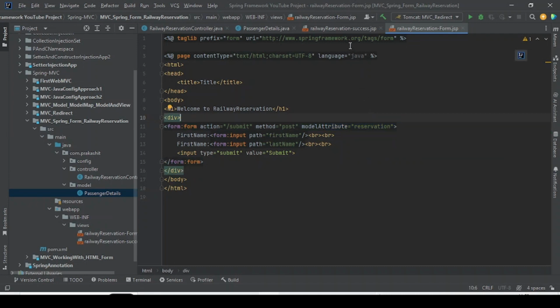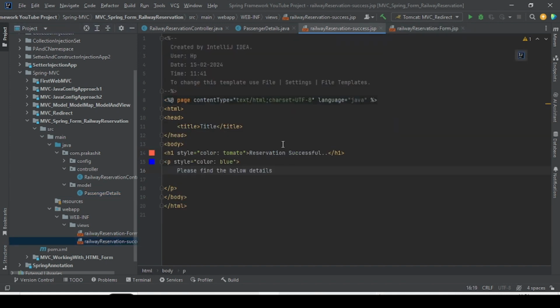Fine. So now, the development has been completed, where we are taking input first name and last name from the user while showing this form. Once the user has submitted the form, we are sending the response as reservation successful, and these are the details. How will we get the details? We will get the details with the